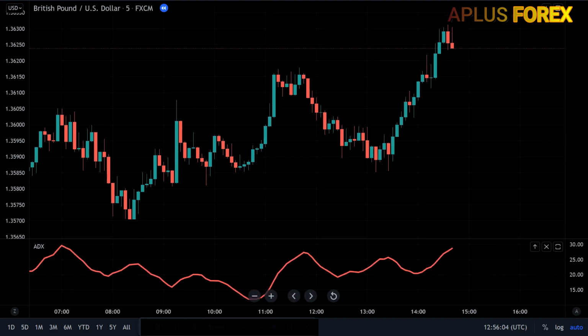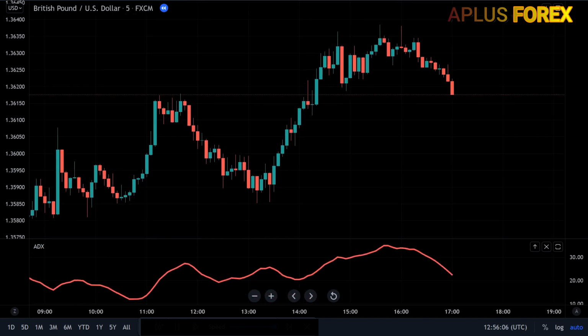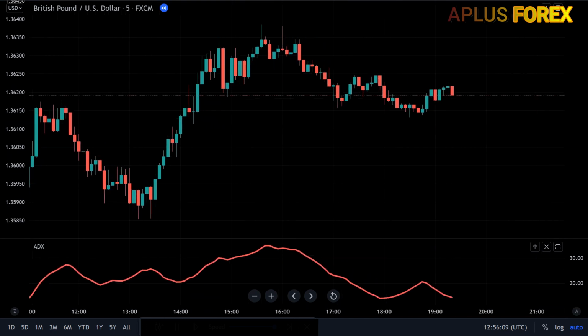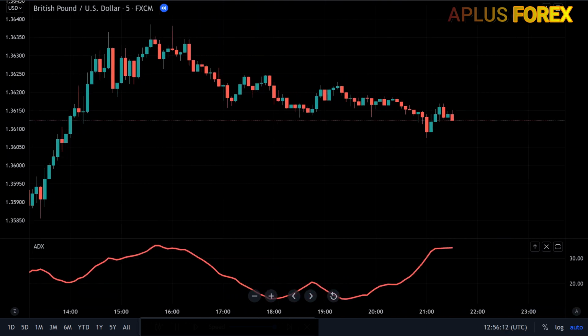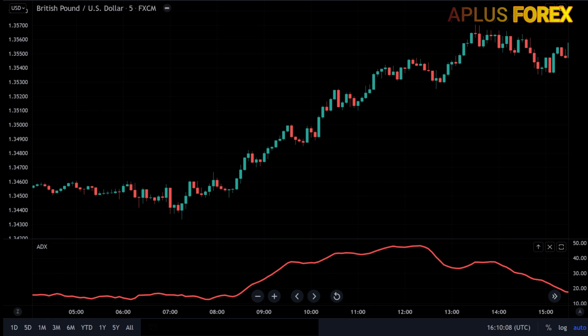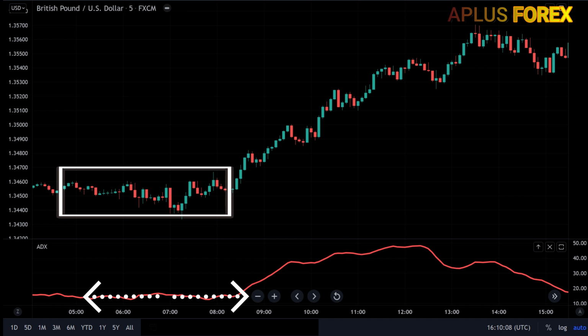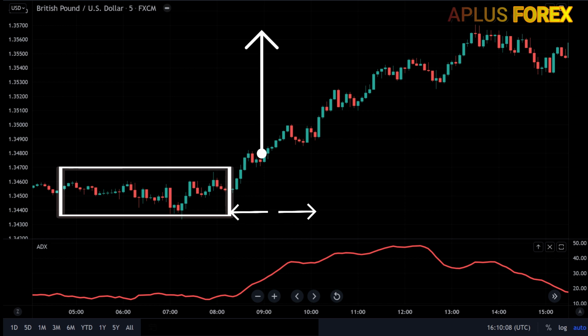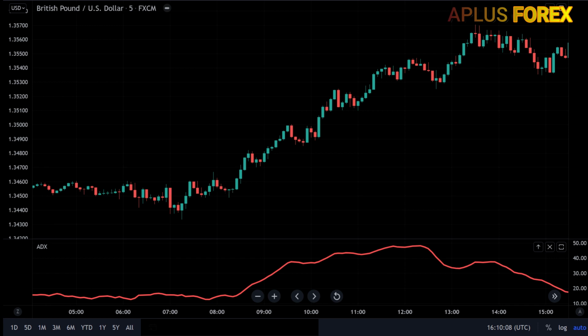However, ADX tells you when breakouts are valid by showing when ADX is strong enough for price to trend after the breakout. When ADX rises from below 25 to above 25, price is strong enough to continue in the direction of the breakout. For example, on this chart, you can observe the market was consolidating and the ADX was below the 25 value mark. We wait for the market to break out of the consolidation area, and when ADX rises above 25, it confirms that the breakout is strong and will continue. We take our trade, putting our stop loss just below this area and target a 1 to 2 risk to reward ratio.